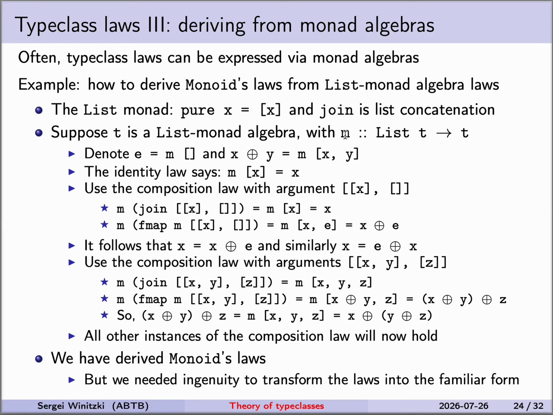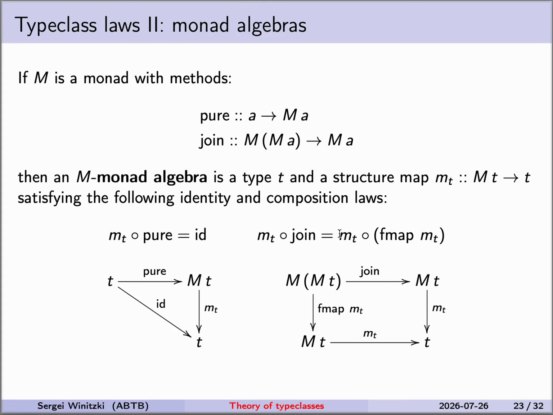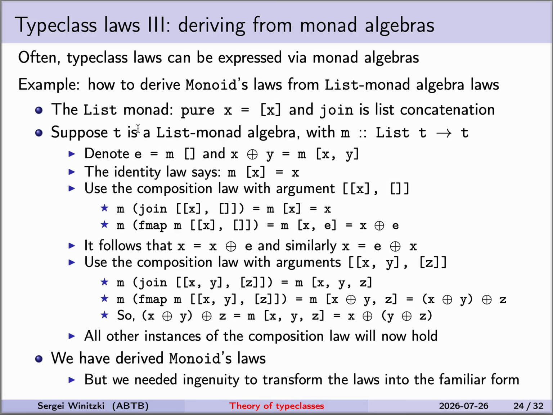It means that we have the structure map M of type list T to T, and then we need to assume the laws of the monad algebra. So the laws shown in the previous slide, we assume that they hold for this function M